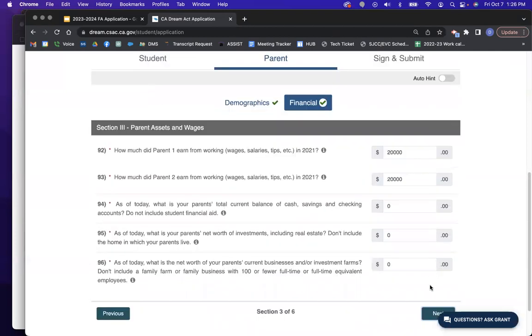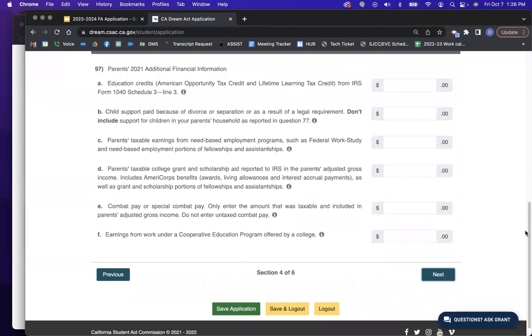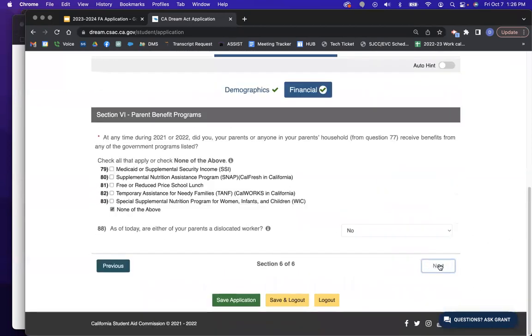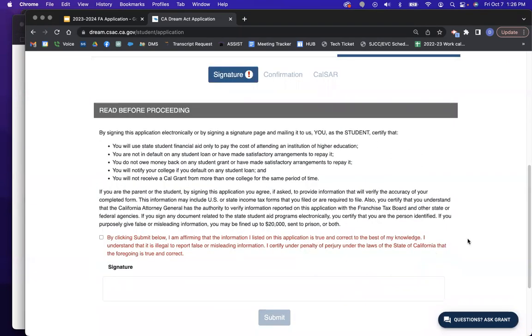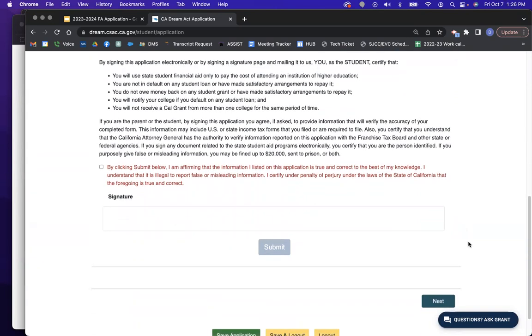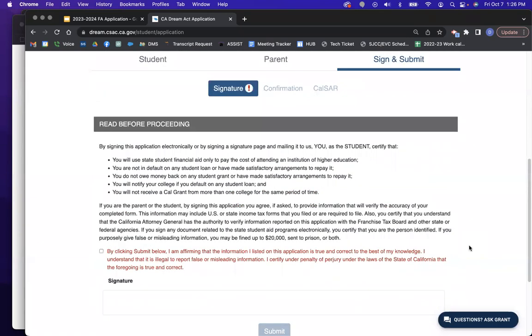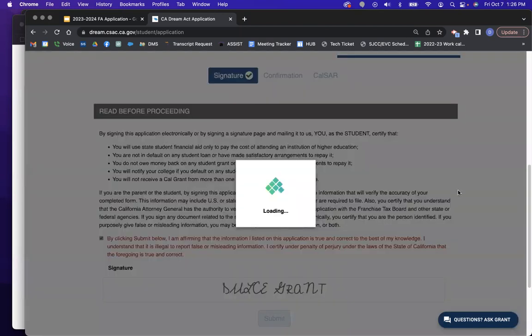Your parents' information. And then if you are like, oh, I filled it out, but I'm still unsure that I'm ready to submit, then you can save the application and make a quick appointment with me. You should have access to my link to make an appointment, and then you can have me review it before you hit submit. But then you click here, you click submit,